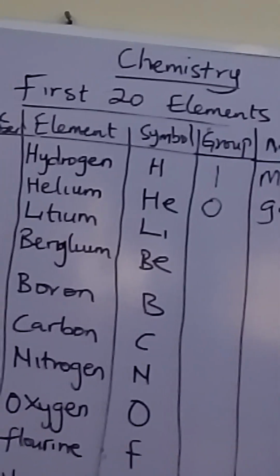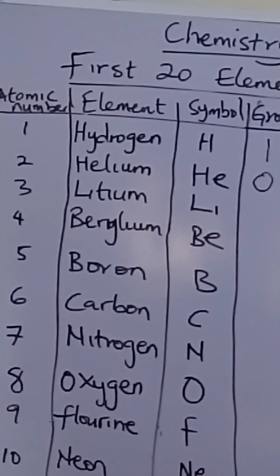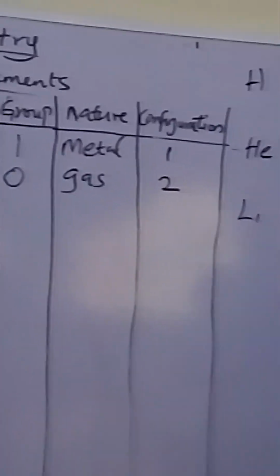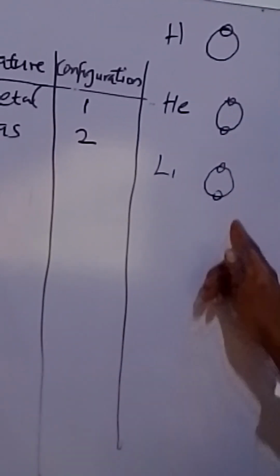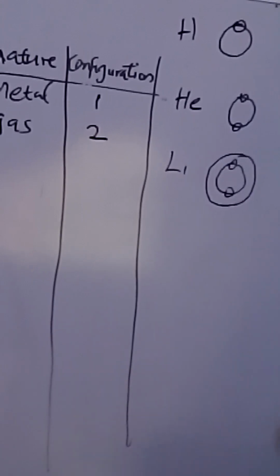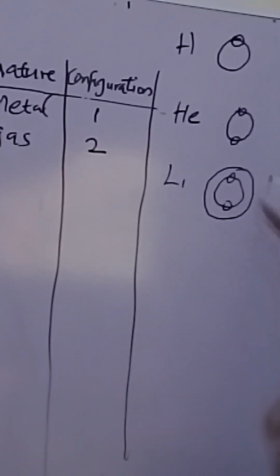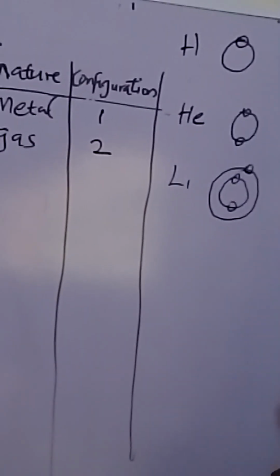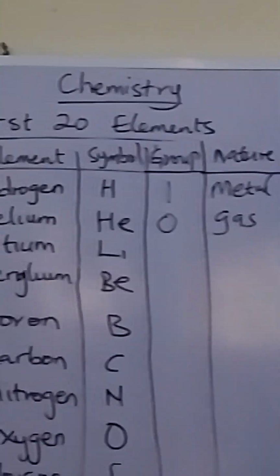So we go to the next one, which is lithium, whose atomic number is 3. So lithium is like this. Remember we said the first shell must be filled with 2. That means this shell is filled up now. There comes another shell, since the first shell has been filled up with 2. And what will be there now is what? 3. So that you now have 1, 2, 3, representing the 3 electrons in the